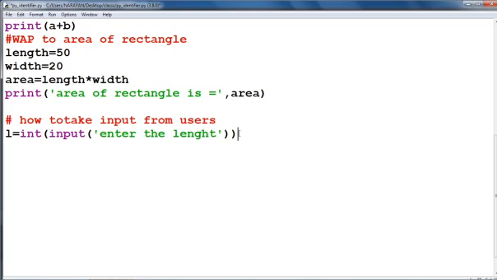Similarly, we have to ask the value of width for calculating area. Suppose that this is your B, width: L for length and B for width. Now calculate the area. Area equal to L into B, and print this value.